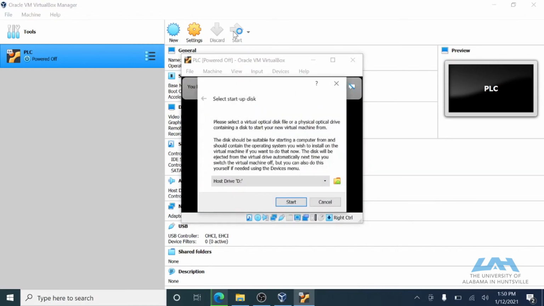This part right now, you just have to follow instructions. So start,